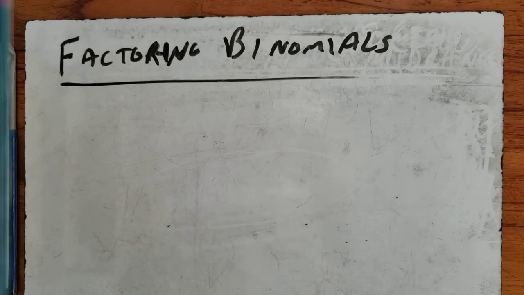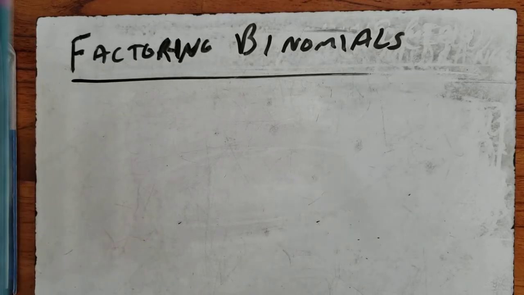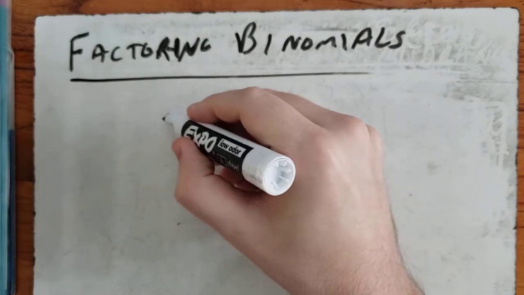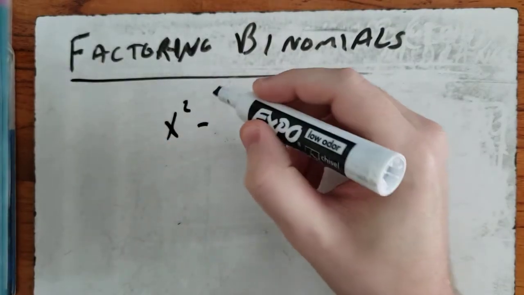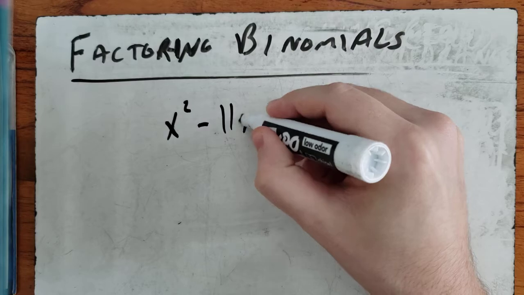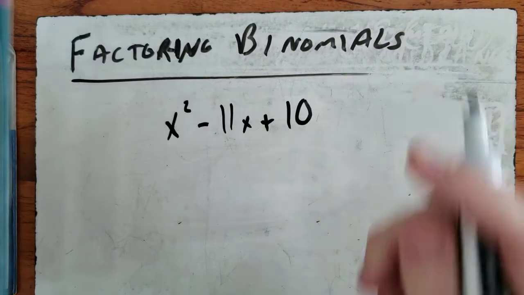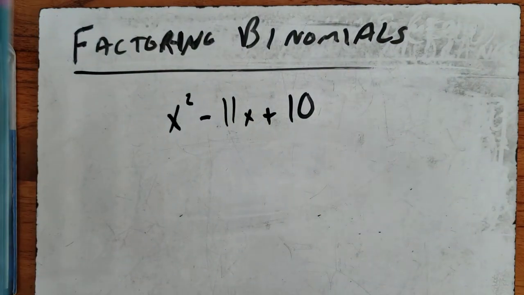All right, so let's do a few more examples. Now that we have the first video done, we know the basics of how to do this. Let's do a few more examples to get a hold of it. Okay, let's do x squared minus 11x plus 10. So once again,